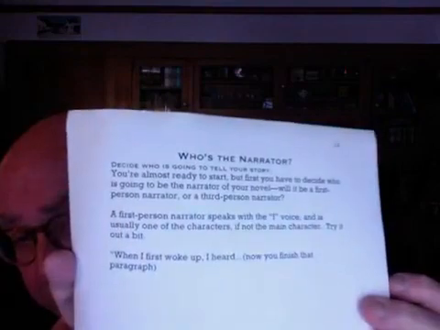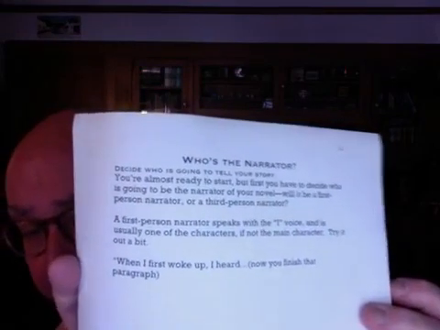Okay, let's go on to two more pages, and then I'll see if anybody has any questions. So who's your main character? That's one thing. You've already done some work on that. But here's the next question. Who's the narrator? Decide who is going to tell your story. You're almost ready to start this novel, but first you have to decide who is going to be the narrator